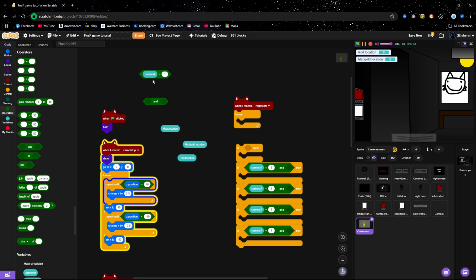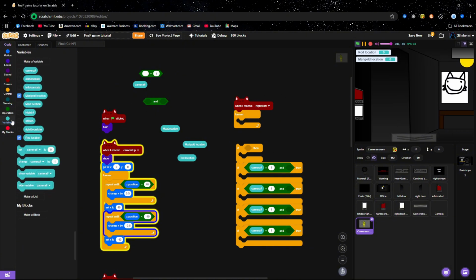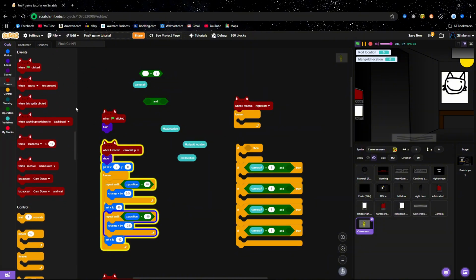Like this. And then, if we haven't before, I don't think we've created this in our other tutorials, go ahead and create a new variable. It's going to be called camera number. You can obviously do camera hashtag, or put camera number with the number spelled out. I just put camera number. So now that we have our 4 variables here,